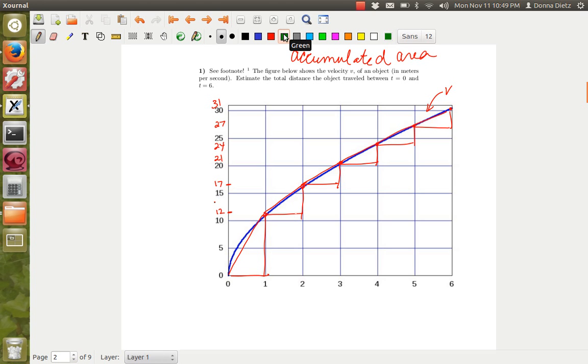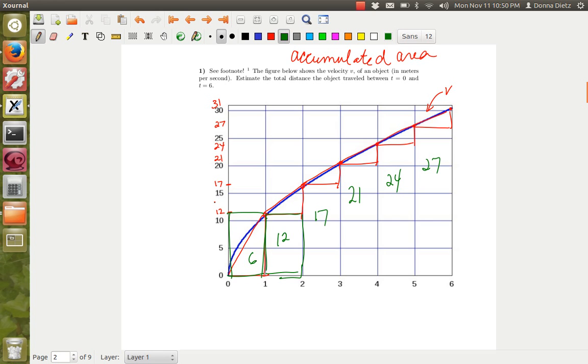Rectangles are easier than triangles, so let's do this area here is 12, and this area right here. Okay, and then the next one is 17, and 21, and 24, and 27. Now we have to figure out these hard ones. Okay, so 12, if this were all another block, it would be 12, but this is half of it, so